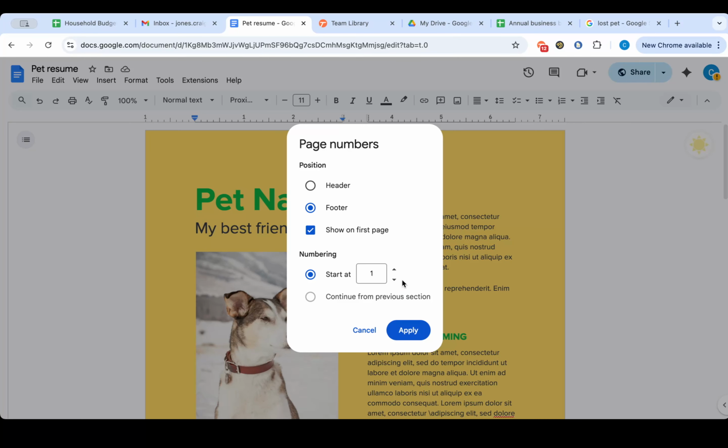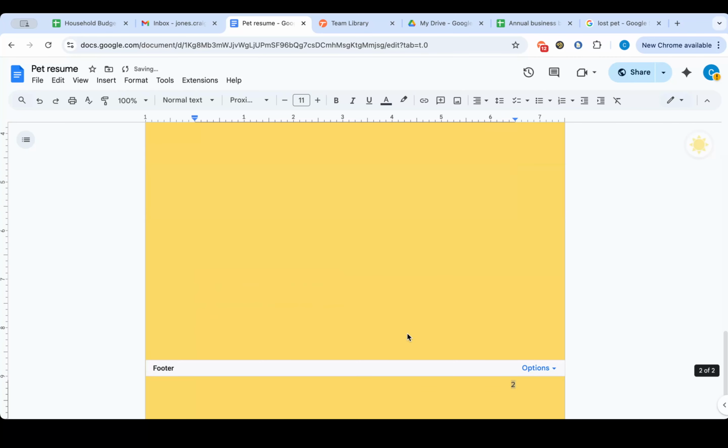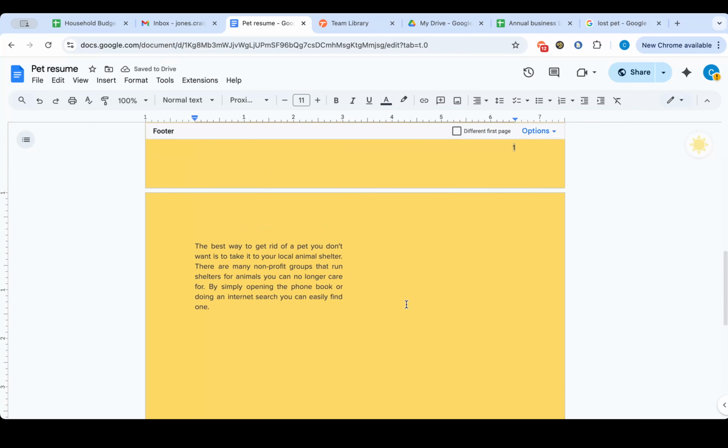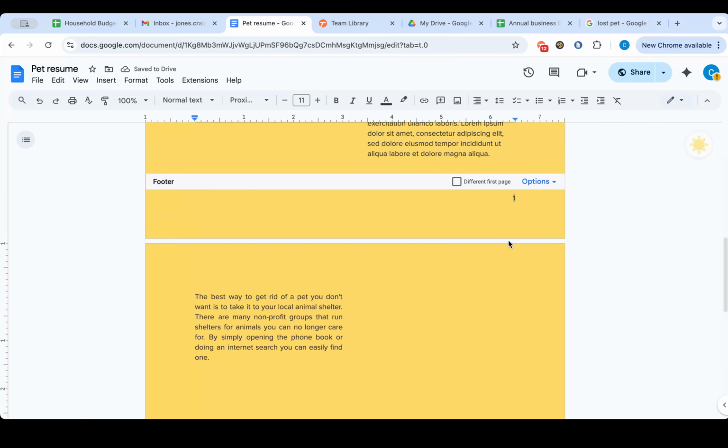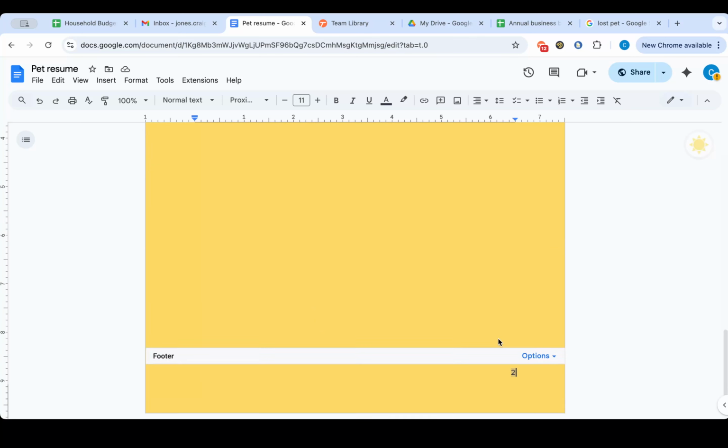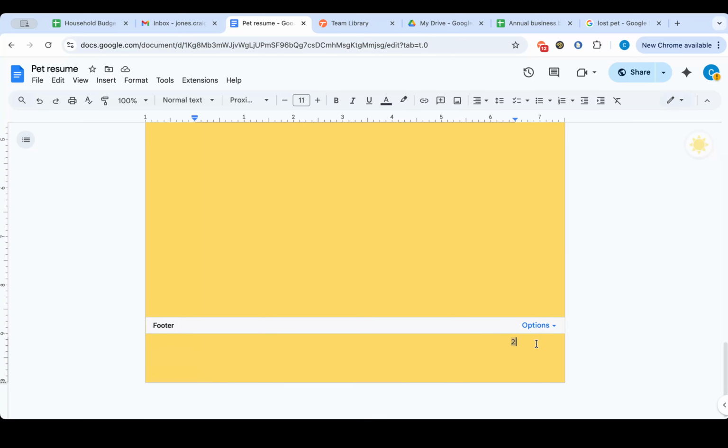Once you've made your selections, you'll notice an Apply button in the window. Click Apply to confirm your choice. Almost instantly, you'll see that page numbers have been added to each page of your document in the Footer section. You don't need to intervene manually as Google Docs does the heavy lifting for you, auto-updating numbers as your document